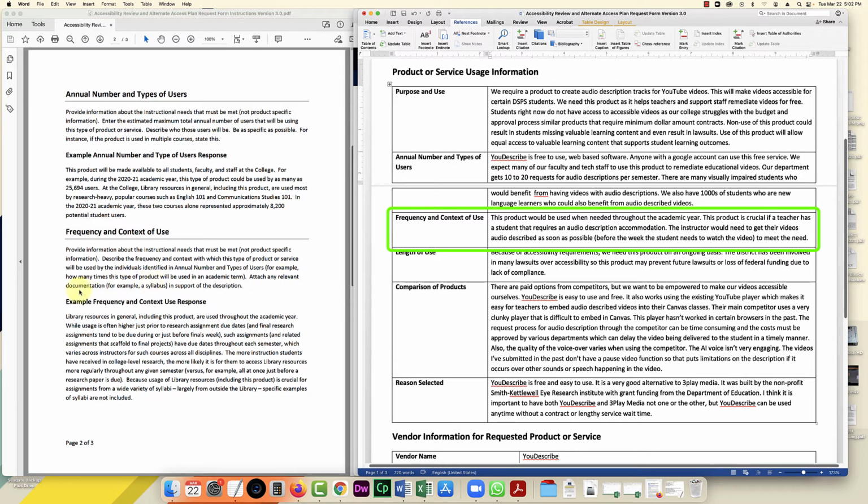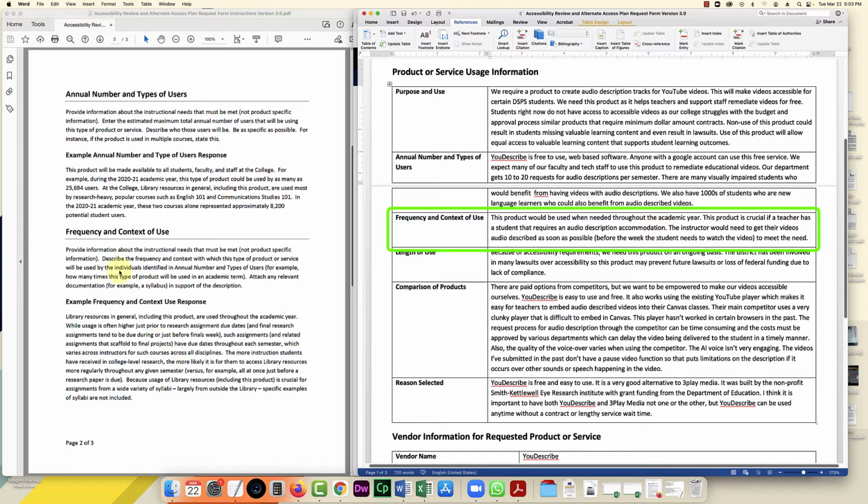Attach any relevant documentation in support of this description. Okay, and then they give you an example based on this library resource. And in their example, they're saying that it's used throughout the year, and they're getting a little more specific. Just prior to research assignment due dates, that's when it's going to be used the most, etc.